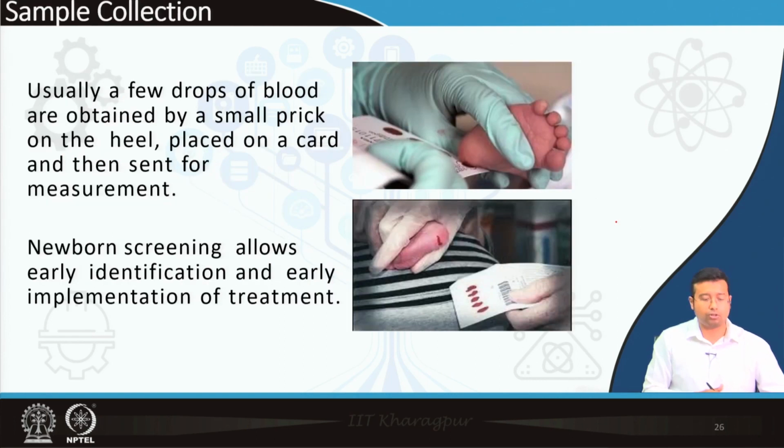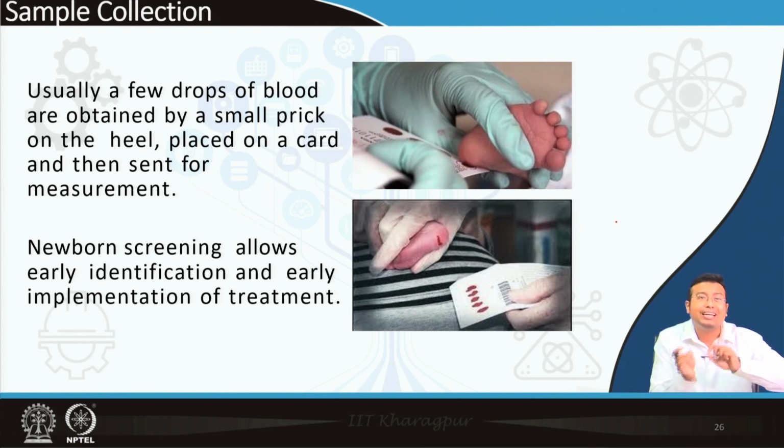So, how is a sample collected in those small babies, because these are all inborn errors of metabolism, right. Neonates, small babies, are the patients from whom samples need to be collected. So, basically a few drops of blood are obtained by heel prick, alright, and these are soaked on cards. I mean, customized cards are available which can actually diagnose or collect. We can either collect blood in blotting paper, or cards are available in which the blood is soaked, and then